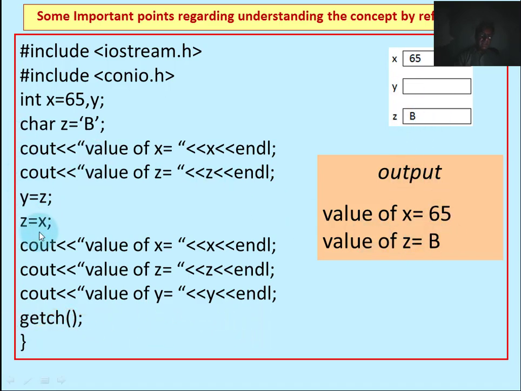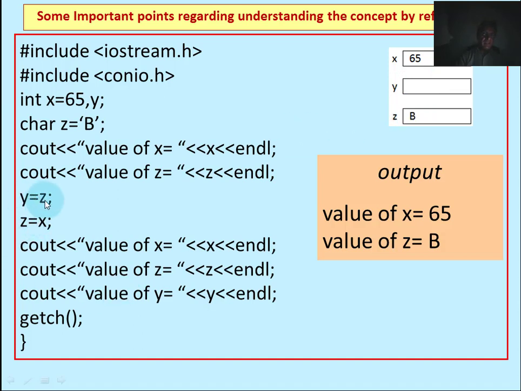At this stage, when we assign the value z to y, y is an integer variable and z is a character. When we assign the value of z, that is b, to this y memory location, then y will not accept the value b, because this is an integer variable. It will accept the integer value, not a character value. Then what will happen?